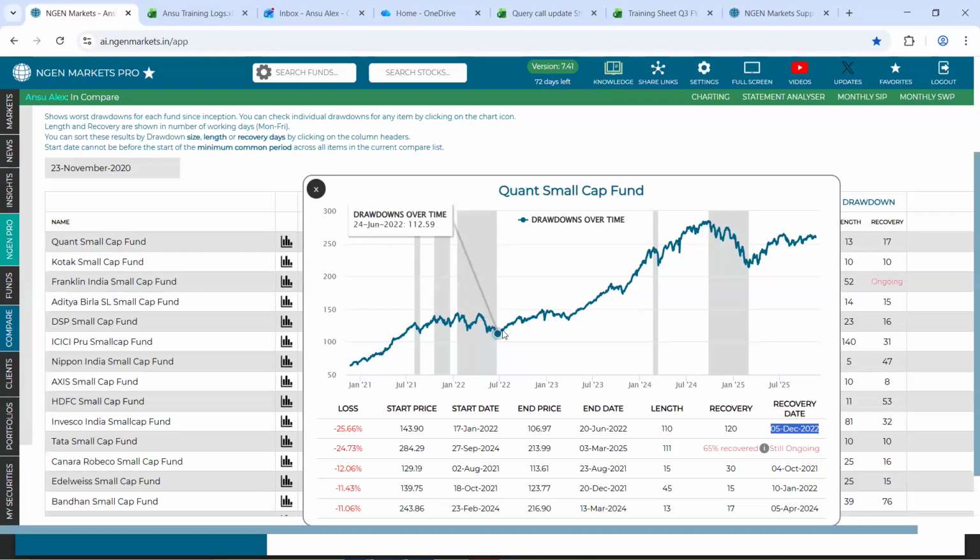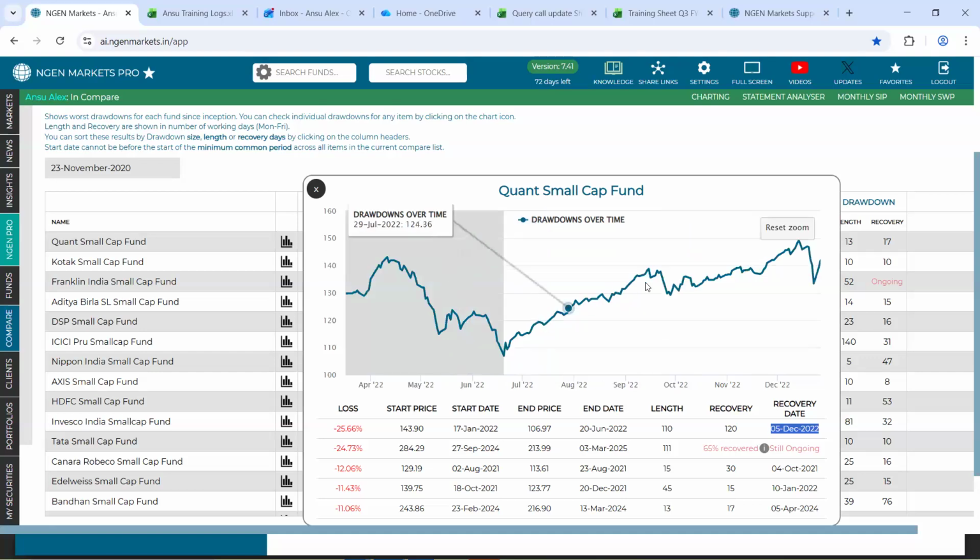Now, on this line chart as well, you will be able to locate these positions, wherein the white region will show you the recovery phase and the gray region will show you the drawdown phase. If I try to locate this 5th December 2022, I will be zooming in on this space specifically. Right here, you can see as on 5th December 2022, the NAV was 144.85, which is indeed higher than our start price, or rather start NAV. Hence, this date was considered to be the recovery date.